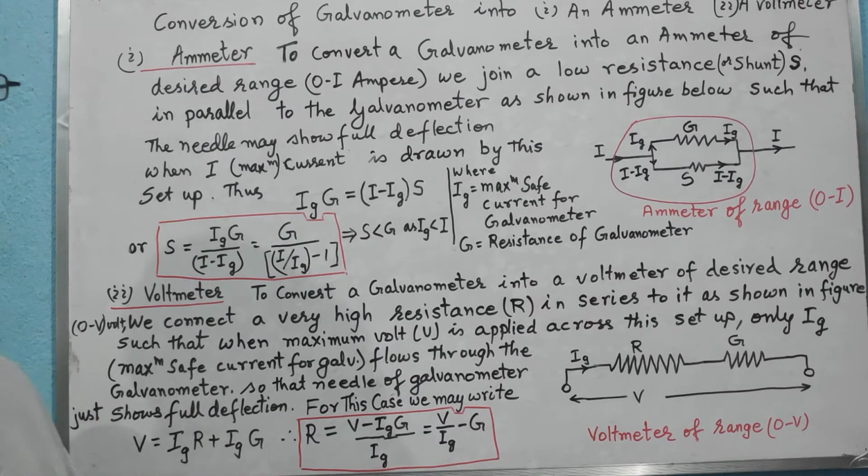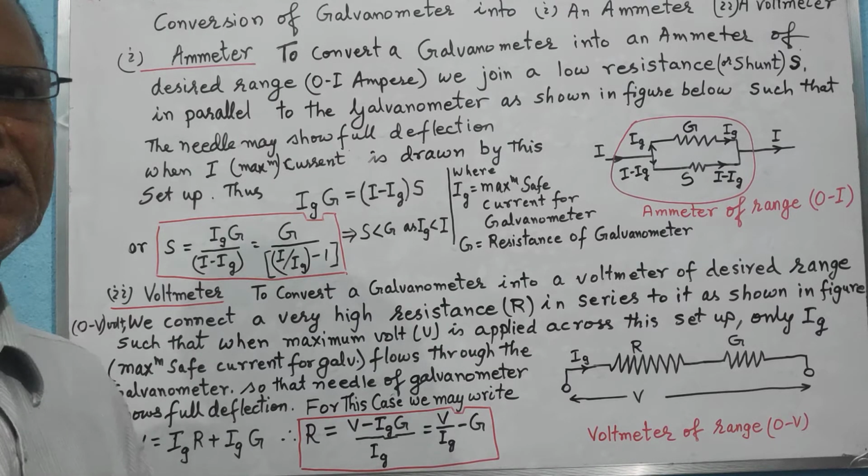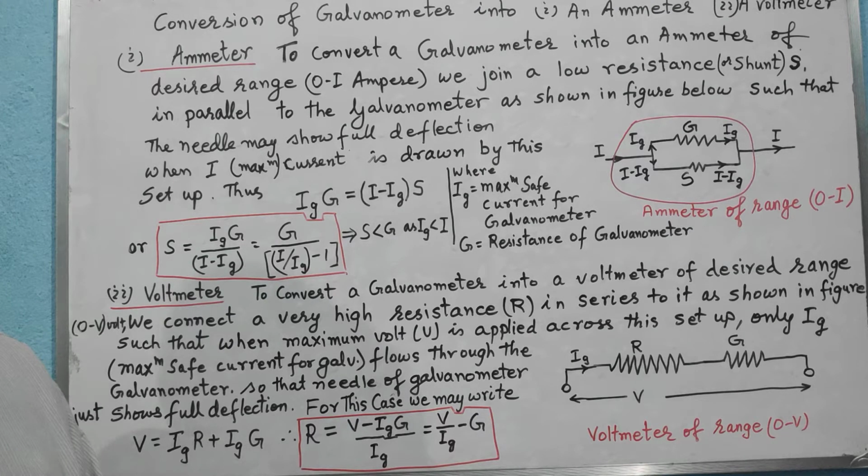Because when we detect the current by a galvanometer, the galvanometer can tolerate only a very low amount of current flowing through it, because it has a limited capacity for which it shows full deflection. For a very small current flowing through the galvanometer, the needle shows full deflection. So at most we can measure a few microamperes with the galvanometer, which is not practical at all.